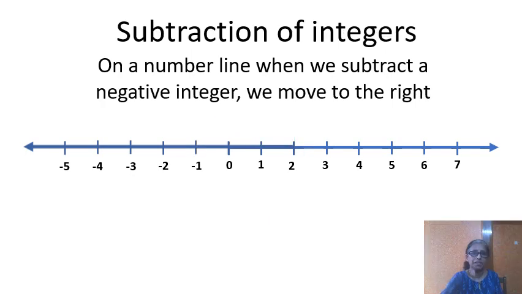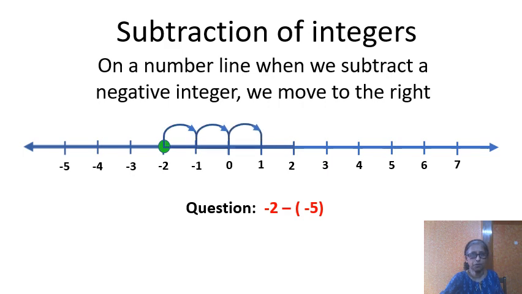Now we are going to learn how to subtract a negative integer. So first look at the equation. It is -2 minus -5. So what is the first number? It is -2. Therefore you have to start from -2. And then how many jumps you have to make? It is 5. And to which side? Here it goes to the right. 5 jumps to the right you have to go. And where have you reached? So the answer is 3.